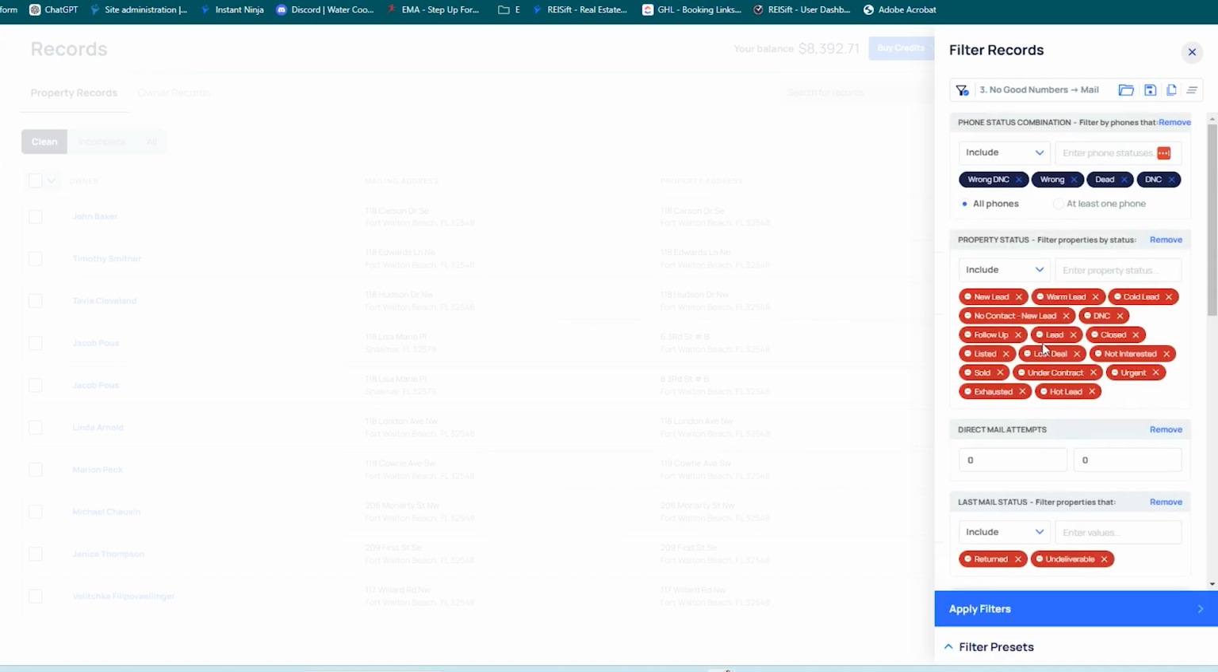So this would be people that you skip traced, you got numbers for, you did some marketing on, but every single number you have for these records is either wrong, DNC, or dead. So maybe you have 3 phone numbers and they're all dead, or 2 of them are wrong numbers and 1 of them is dead. You don't have any more numbers on that record to dial. So this would be a good candidate for